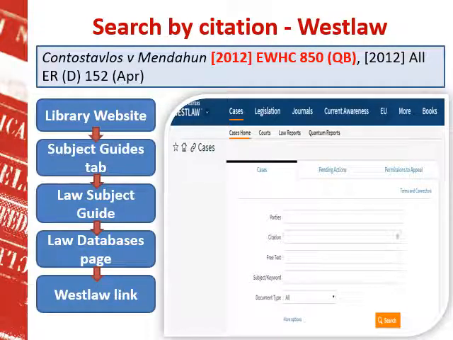I go to the library website, www.library.qmul.ac.uk. I go to the Subject Guides tab. I go to the Law Subject Guide. I go to the Law Databases page. I select the link to Westlaw, at which point I'll usually be asked to log in using my Queen Mary ITS username and password. This time I go to the Cases tab, although Westlaw offers a number of search options,